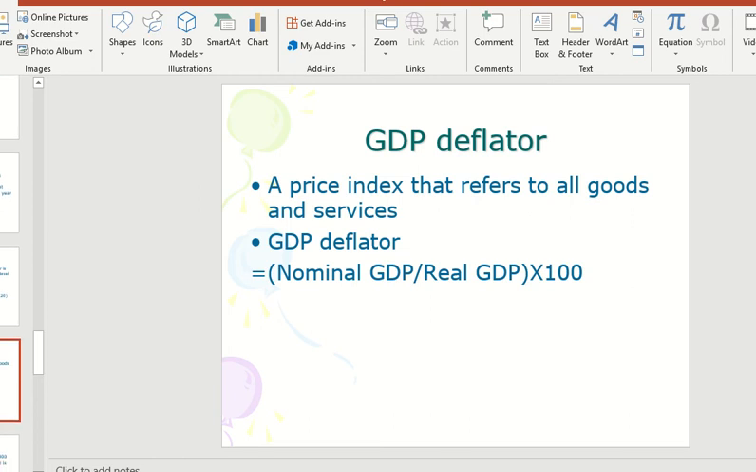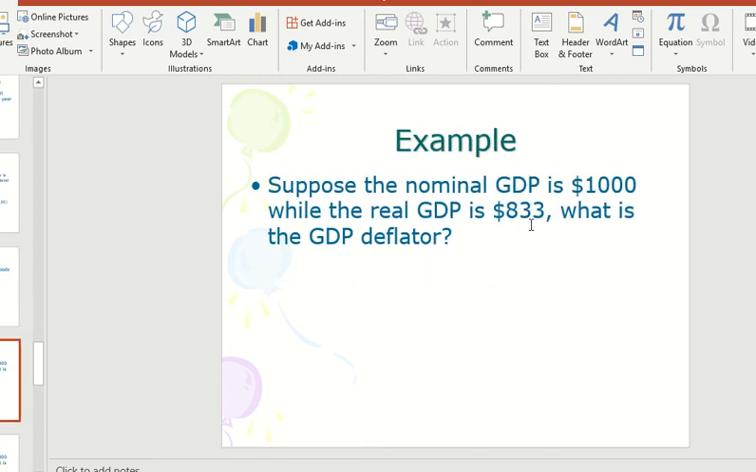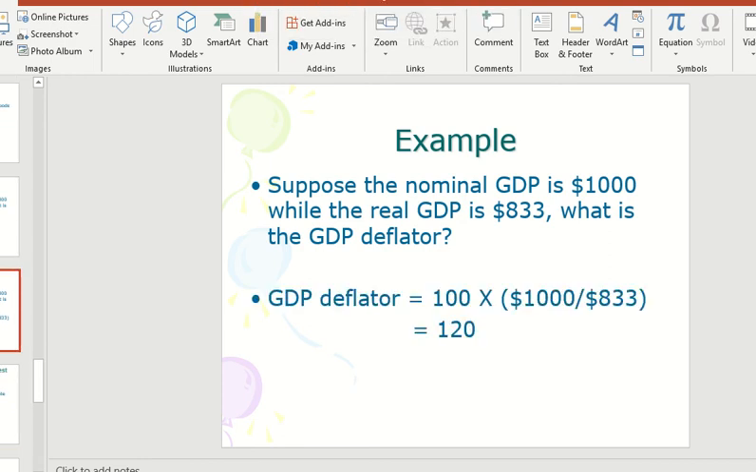Okay. So now let's do a little bit of calculation. Suppose the nominal GDP is 1,000, while the real GDP is 833. What is the GDP deflator? So let's take a pause. Why don't you pause your video clip for a few minutes and work on your calculation. We'll come back to this. Okay, we'll come back and